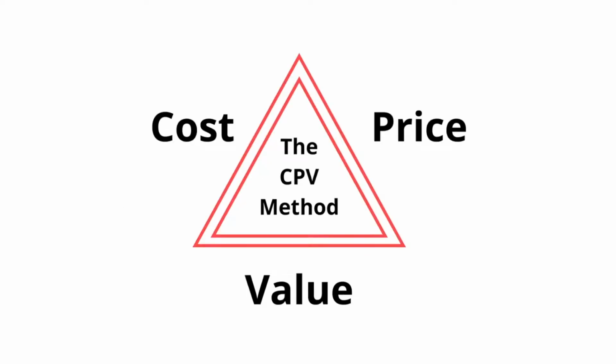And that really is it. That's the CPV, the cost, price, and value. The cost is your total expenses upon the delivery and fulfillment of your product. Your price is your fee, the amount that you're actually charging to deliver the product. And then value is the impact of your product or your service. What is the tangible impact that you're going to make at that event for the client?